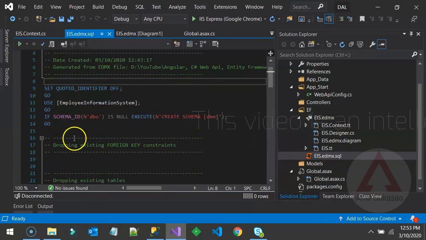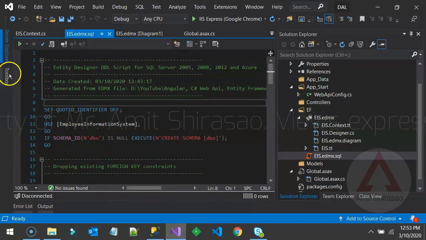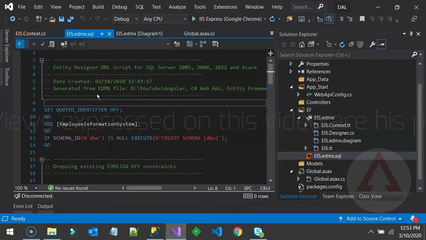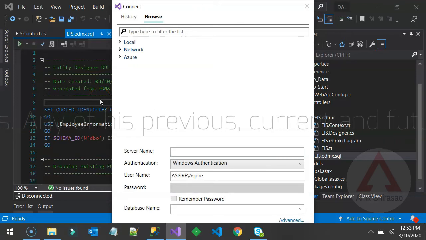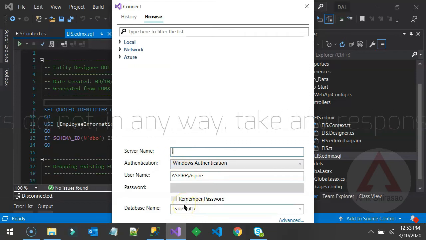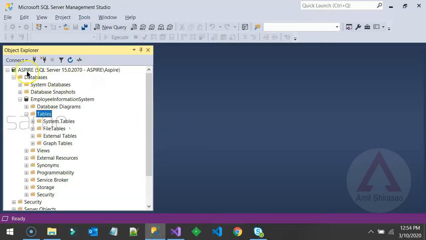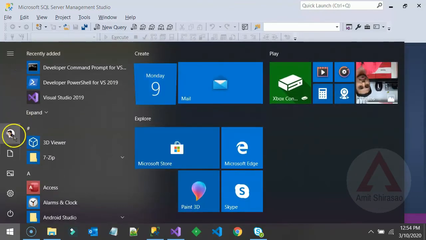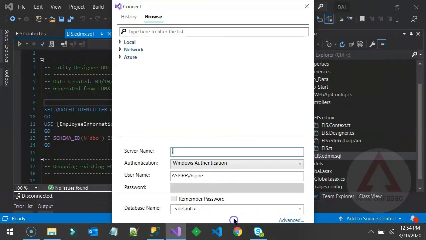This will execute the script that I have just explained to you, and it will create those database objects. So this is how you execute it. While executing, it will once again cross-check which SQL server and which database you want to execute on. So once again, dot, which is my local SQL server. You could also give this particular name, Aspire. This Aspire name came from my machine name, because my machine's name is Aspire, as you can see over here. That is why the server name is Aspire. So you can give that name, or you can just write dot. I'm giving Aspire,